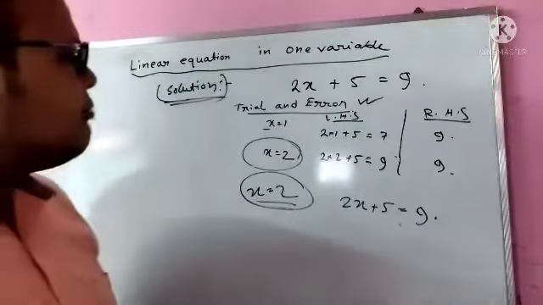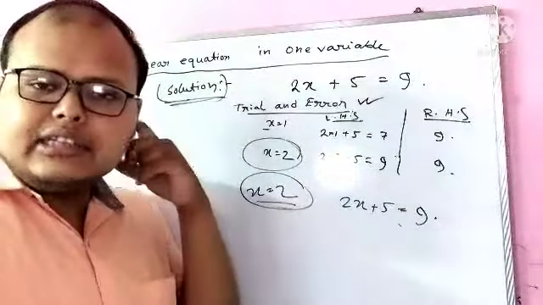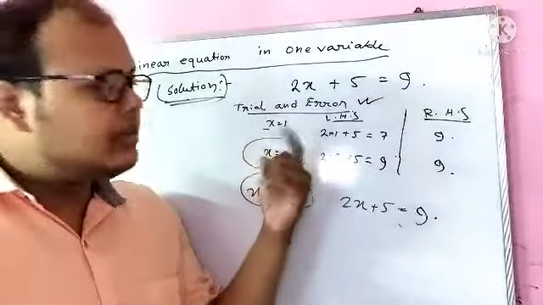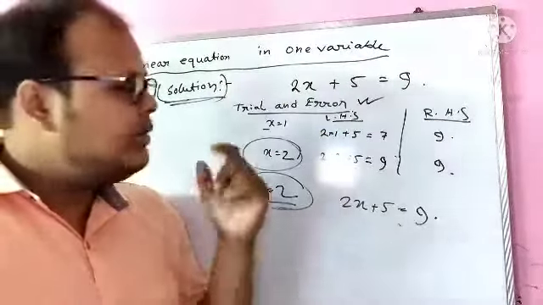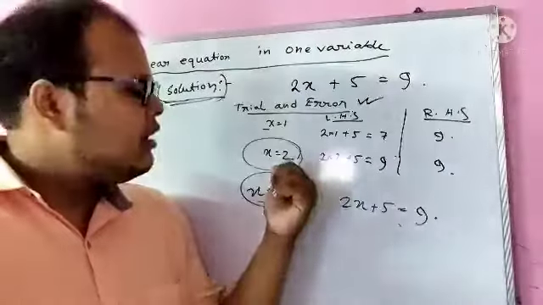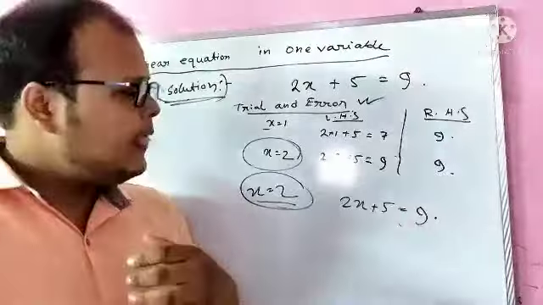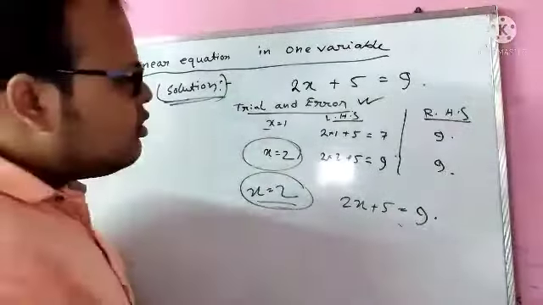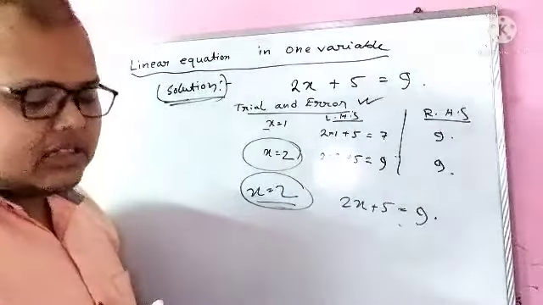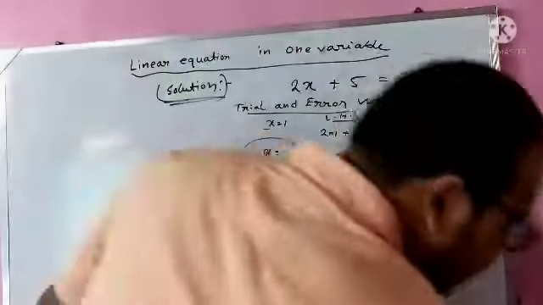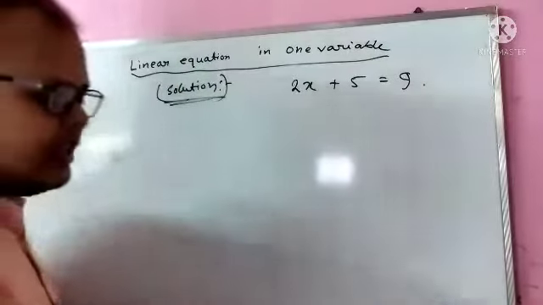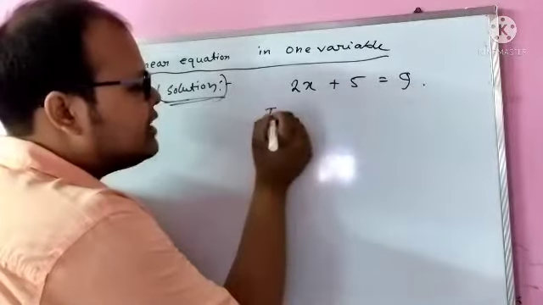Okay, now for other equations, will this trial and error method be applicable? How many times will you go on finding this left hand side and right hand side, whether they are equal or not? How many times will you be choosing your x? Okay, you will not know the possible range in which the solution will come. So you cannot choose all the time. So we need a certain method for solving these linear equations. Okay, so the trial and error method will not work properly. Okay, so what we will use, the best method of solving this linear equation in one variable, is the method of transposition.